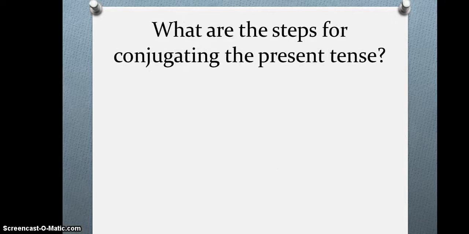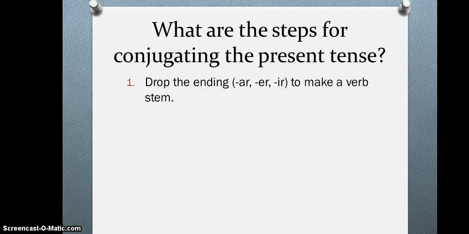What are the steps for conjugating the present tense? First, we drop the ending, and what I'm referring to is the AR, ER, IR part of the verb to make a verb stem. When you have a verb with the AR, ER, IR ending, that is called the infinitive. So we're trying to change that, and so we drop that to make the stem, which is the base or